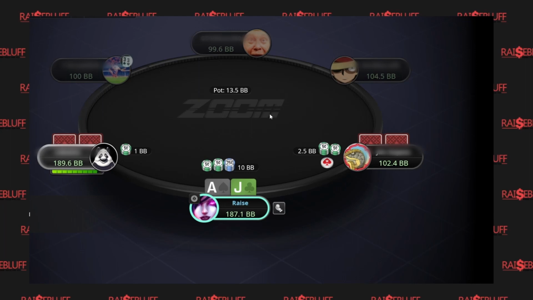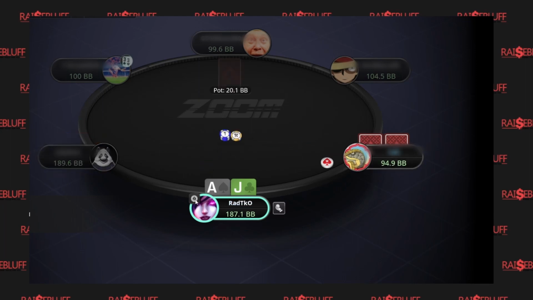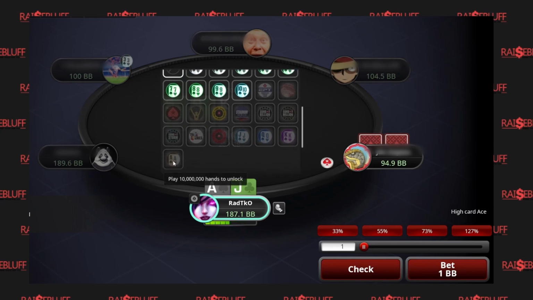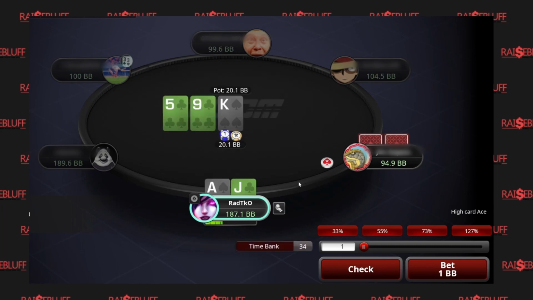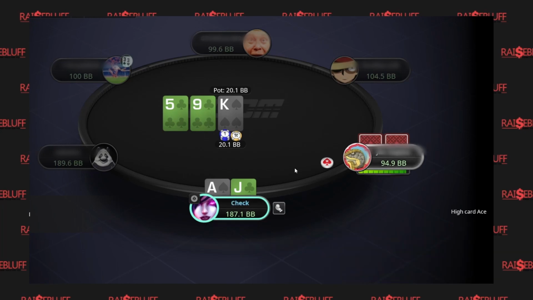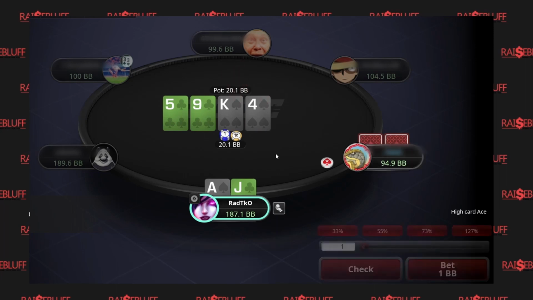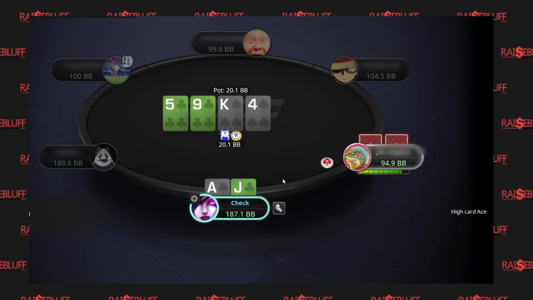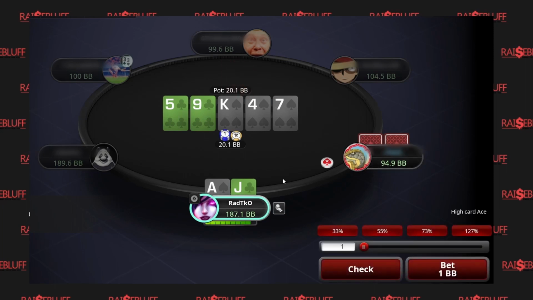So someone who has, let's say, queens here, 5 million hands, or kings, 7.5 million hands, or even aces, which is more than 10 million hands, this is something you have to respect, and this should tell you that this player is most probably a strong player, a regular player, and a good player. Because to play 10 million or even 5 million hands, it will take time, and during these hands the guy will gain so much experience.